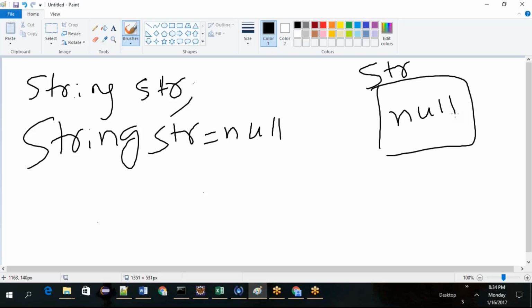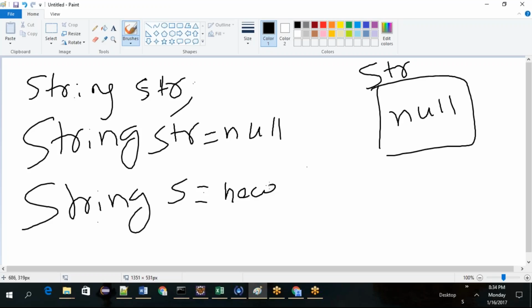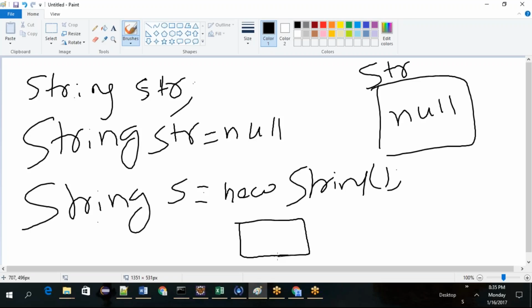Another scenario, String s equal to new String. In this case, what will happen? It's an empty string, nothing. I haven't added any value.